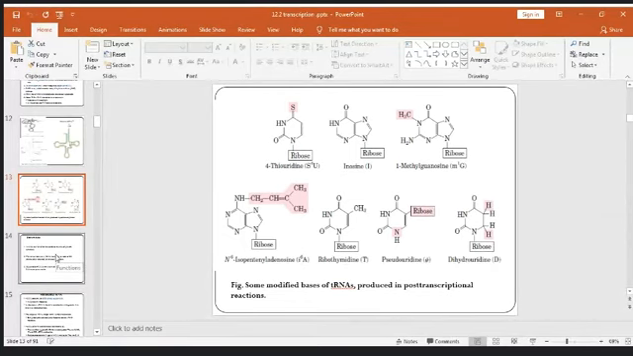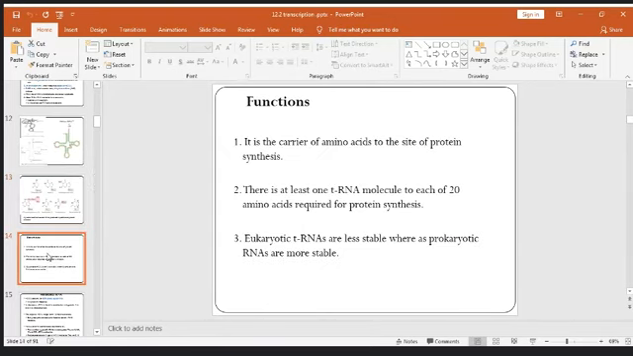Some modified bases of transfer RNAs are produced in post-transcriptional reactions. Most of them are formed after the transcription process in order to take the structure of the RNAs. When you see the function of the transfer RNA, it is the carrier of amino acids to the site of